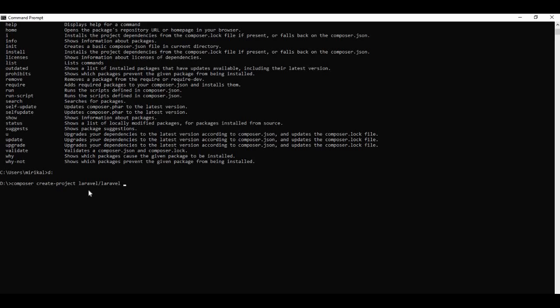Then you have to write your folder name, like laravel-demo. Okay, then prepare this and just click the enter button.